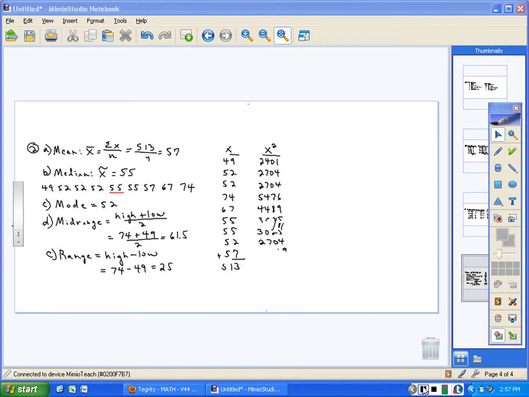And then you have to add that column up, and that adds up to